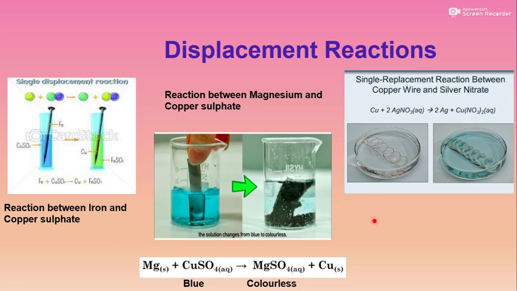Then there is the reaction of acids with non-metals. Non-metals generally do not react with acids. But some non-metals like sulfur and phosphorus react with hot concentrated sulfuric acid, but they do not release hydrogen gas. They react with concentrated sulfuric acid but do not release hydrogen gas. Okay, let's move to the next slide.